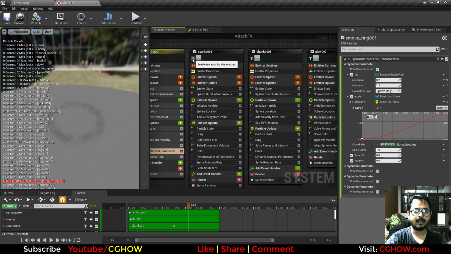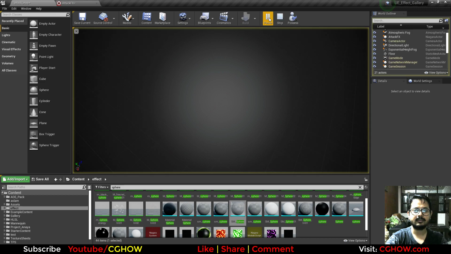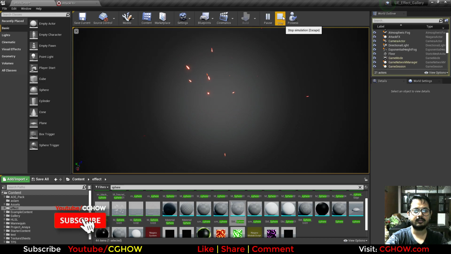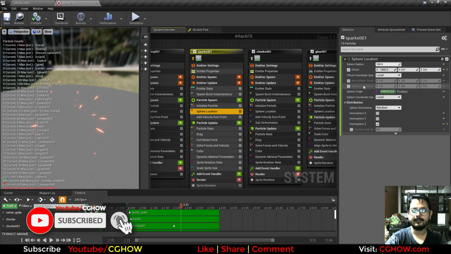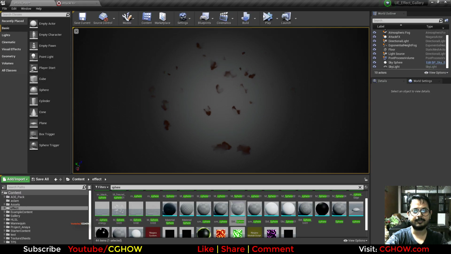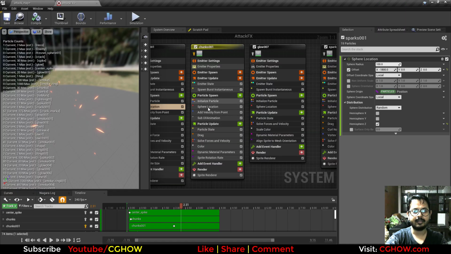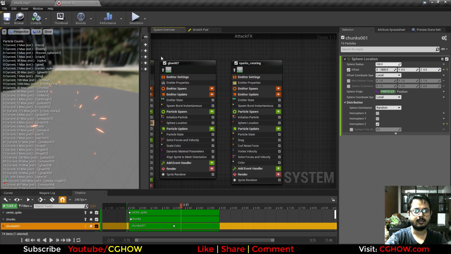Then sparks, same sparks, just duplicated and offsetted here. Then chunks, so same chunks, just duplicated the emitter and offsetted here. Then glow,